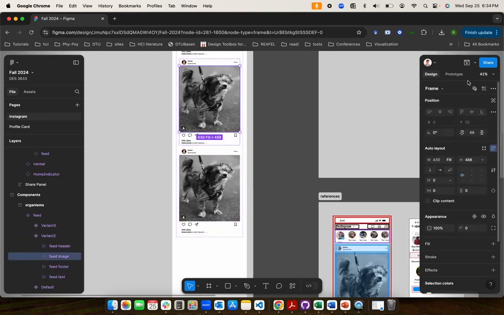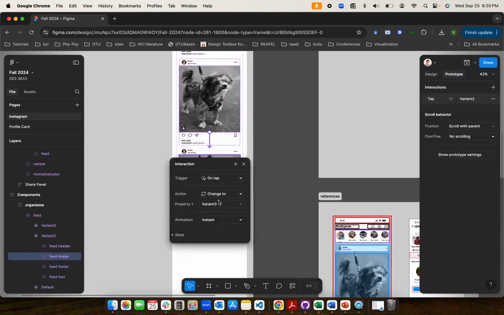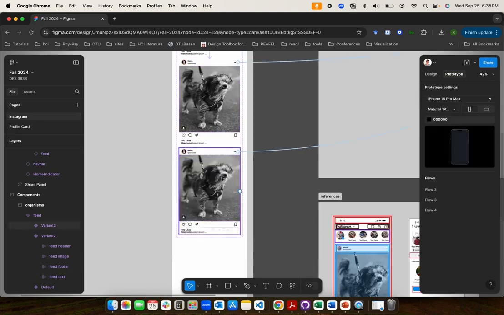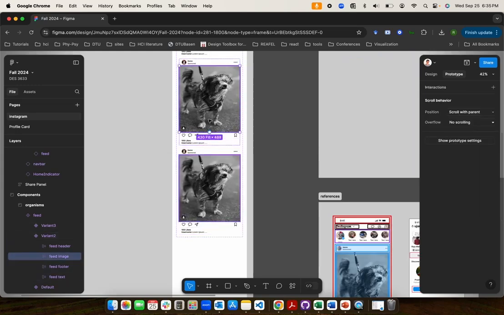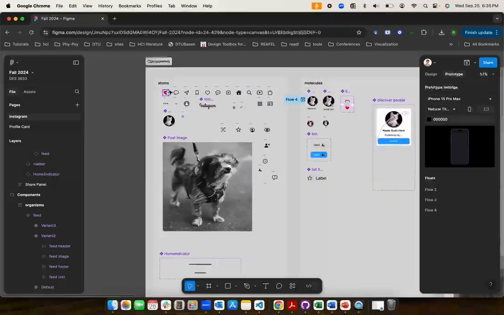Okay, let's first add this interaction. On tap, you know what, let's go ahead and add the heart first. Okay, when the user taps on this, it comes to this variant where this should